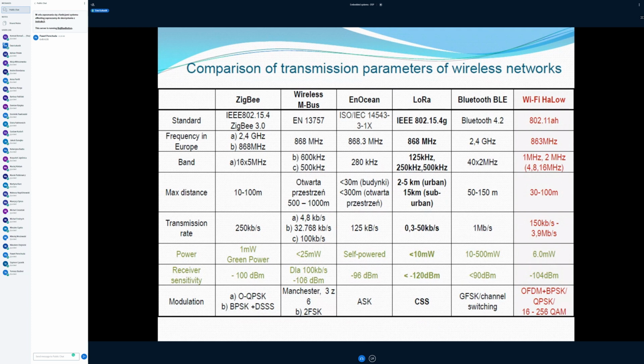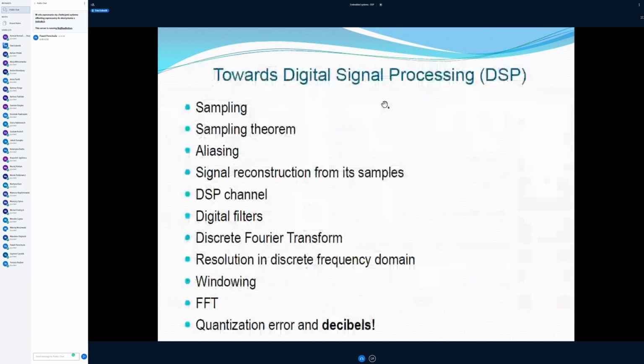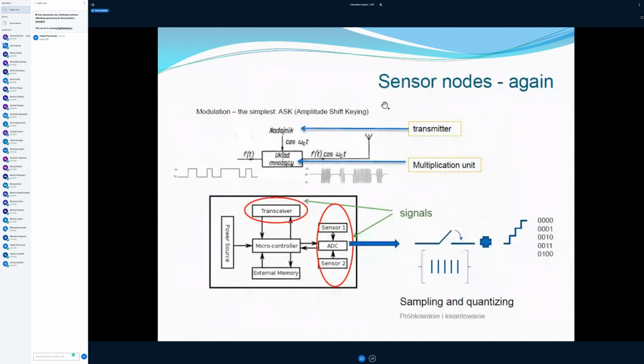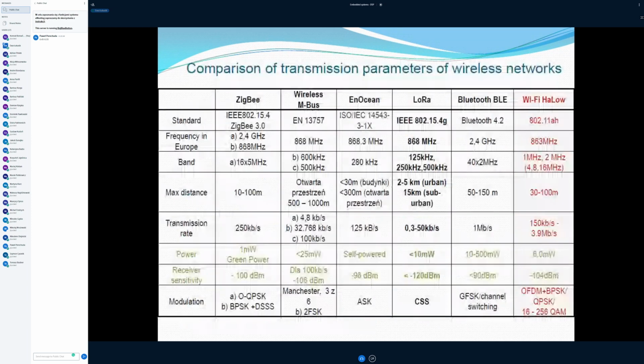And what we can see here: the systems called ZigBee, wireless M-BUS, and Ocean, LoRa, and Bluetooth Low Energy, and also